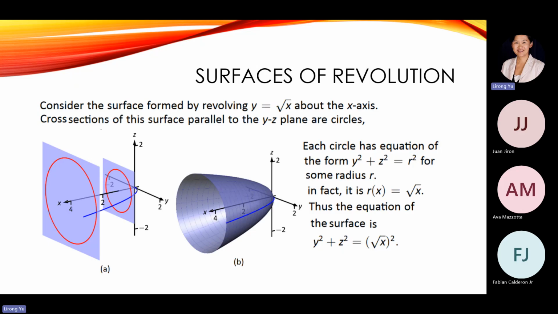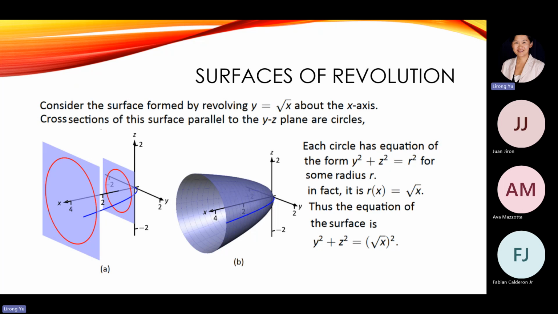You take y equals root of x, which is a root function in the xy plane. In the xy plane, you draw a root function, and now you can revolve this about the x-axis. So here is our x-axis of the revolution. We have a curve revolved. We did that when we calculated surface area, where a curve is revolved about a certain axis, a certain rotation center. We're forming a three-dimensional surface. It's not flat. So here we're not calculating surface area, but we're putting together a three-dimensional equation to represent that